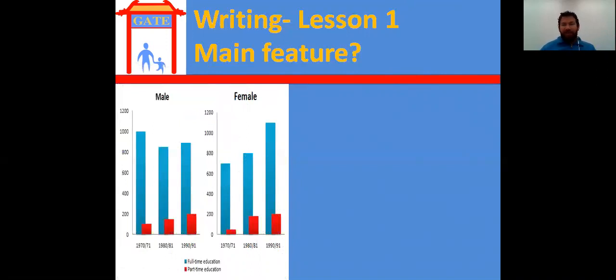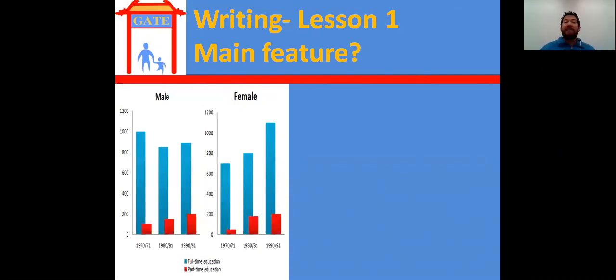Now, when you first look at this graph, the first thing you should be doing is going, blue, red. Don't look at male, don't look at female, don't look at the numbers, don't look at the dates. You should be going, whoa, blue's bigger than red. Guess what? That's your number 1 main feature. Really? That's it? Blue's bigger than red? Yeah, that's it. You don't write "blue is bigger than red", but when you look at the graph, that's what